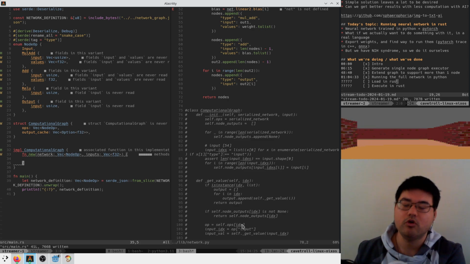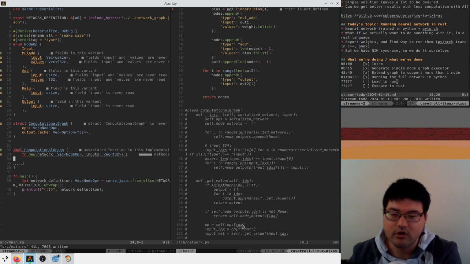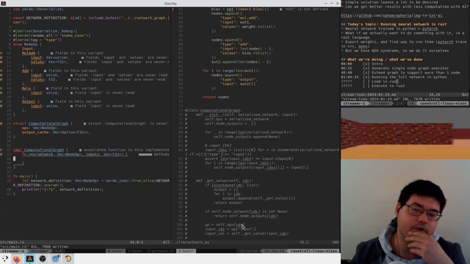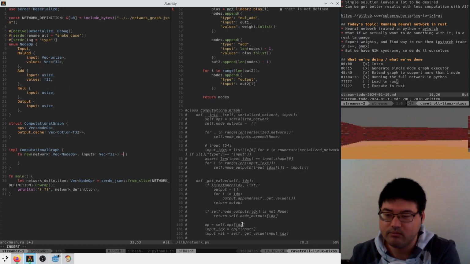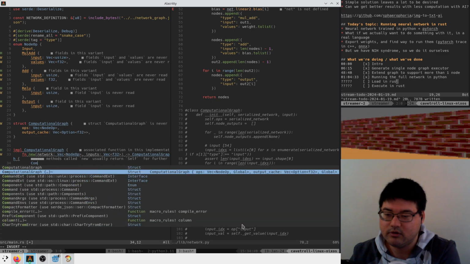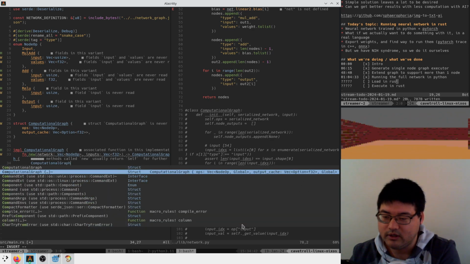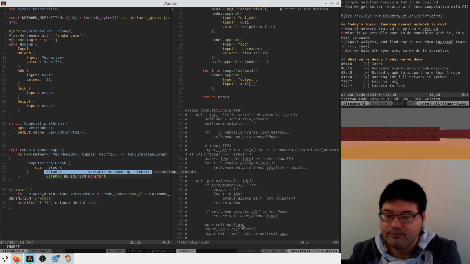Okay, cool. Now, what are we going to do here? We're going to say, return a ComputationalGraph. And this is simple, it is a ComputationalGraph with the ops being the network, and